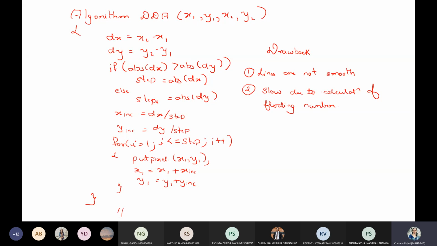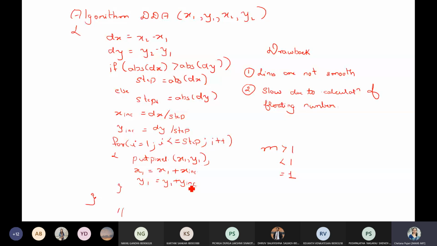x1, y1 is the initial value, or the starting point. Then for the next iteration, depending on your slope, we have seen different conditions: slope greater than 1, slope less than 1, slope equal to 1. For all these three conditions, the x and y values change differently. The formula remains the same, but the x increment and y increment values will vary. So x is equal to the previous value of x plus the increment you calculated, and the previous value of y plus the increment you calculated. That will give you your next value. We continue in this way.